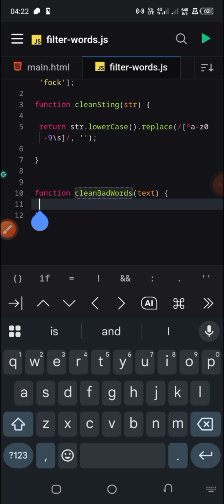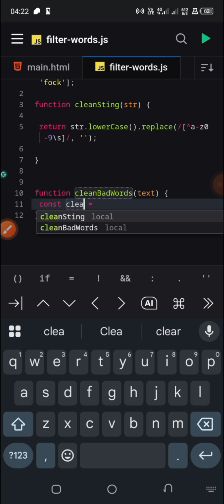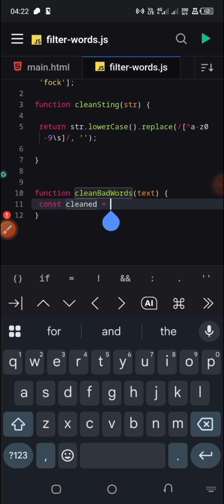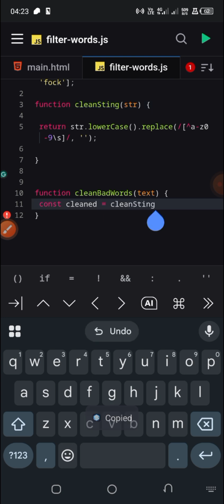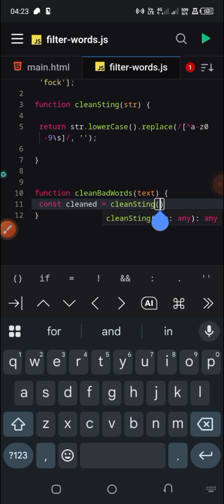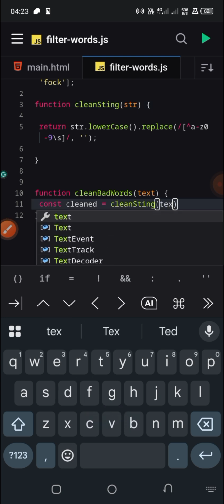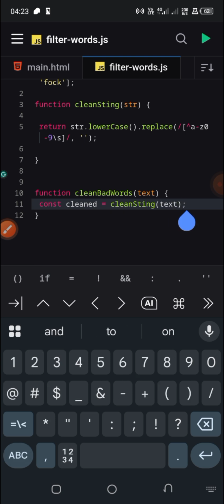So here we are just going to say const cleaned is going to be equal to this string cleaning function we have here, and remember that it's a function. Then we have to put the text inside. After this, then